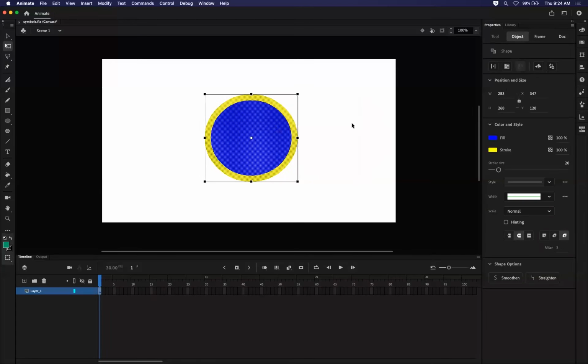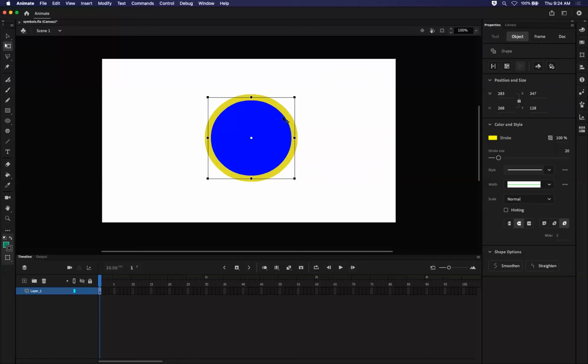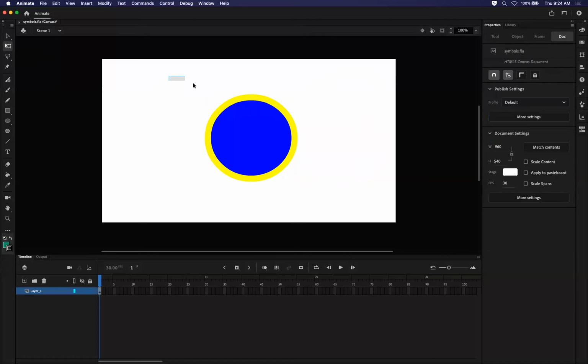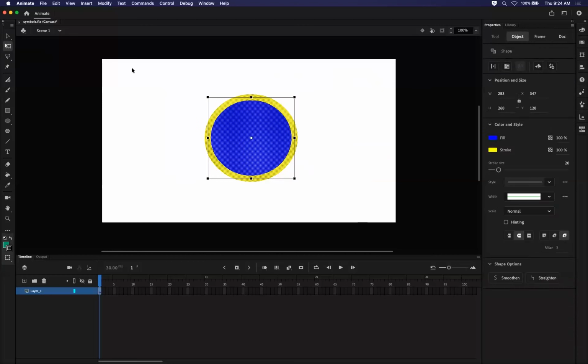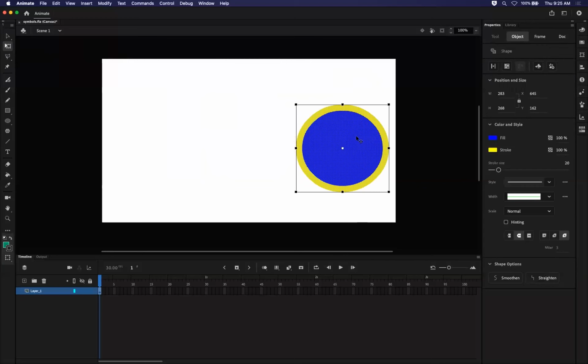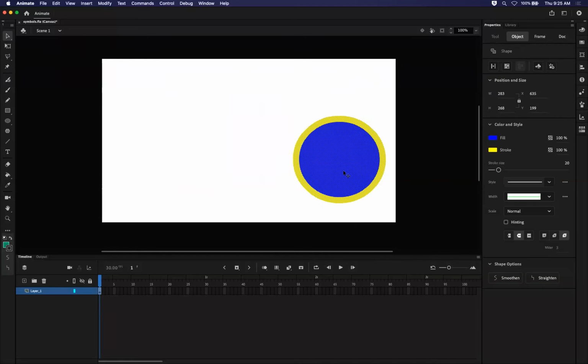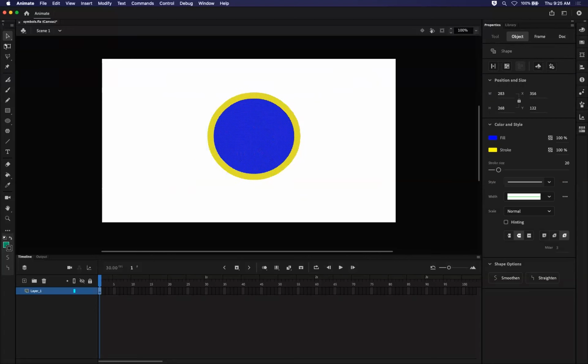That's just kind of the way it works by default, that whenever you click on it will select, and the inside of a shape is separate from the stroke that was created. So you can use shift to select multiple things, or you can always just region select. And this free transform tool will allow me to just click and move anything, which is basically the same as using the selection tool, without those handles. But with the free transform tool, besides just moving, I can also click